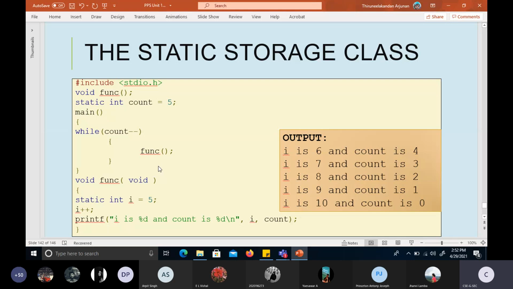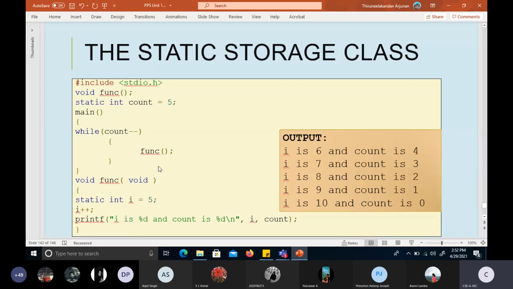Until we complete that entire program execution and close that file, the variable declared as static will have its content persistently, or permanently, stored with it.